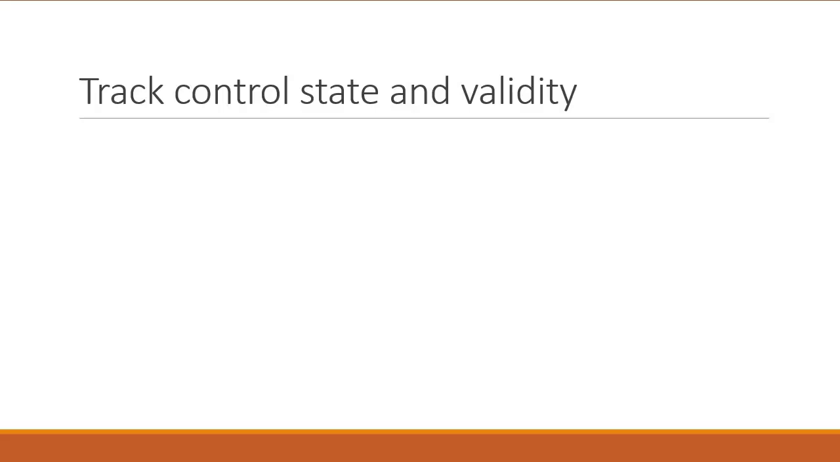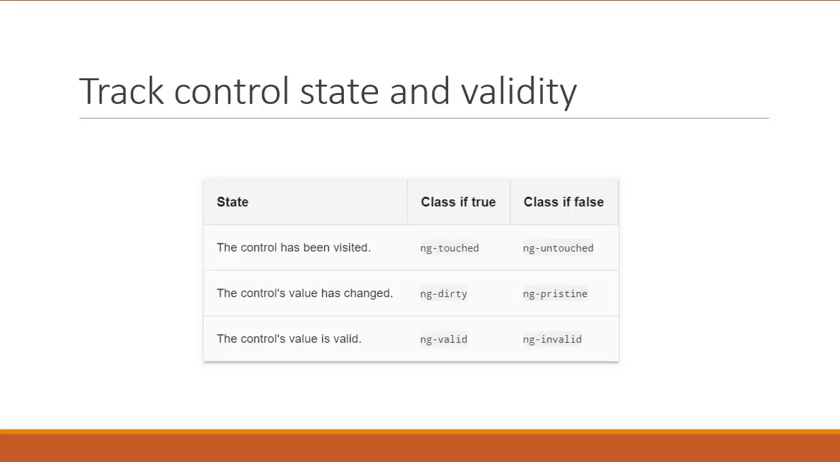applying the appropriate classes. I've got this snapshot from Angular docs which points very clearly what class is applied to a form control based on its state and validity. At any point in time, Angular applies 3 classes to a form control based on its state. The first pair of classes you see here are dependent on whether the user has visited the form control or